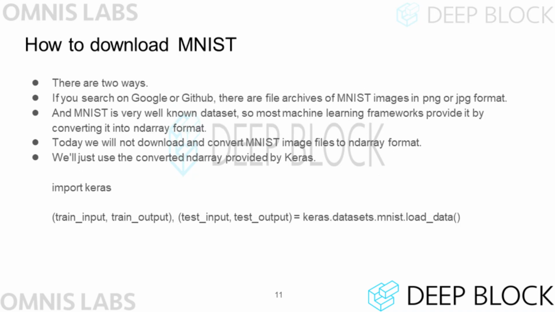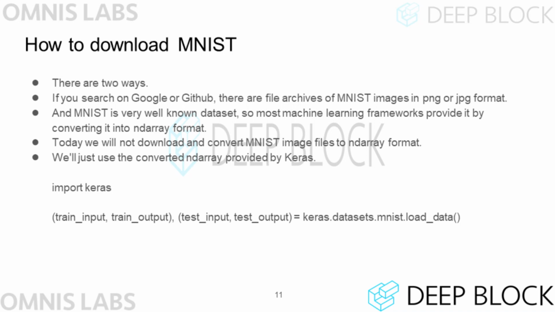There are two ways to download MNIST data. If you search MNIST on Google or GitHub, you will find a file archive of MNIST image files in PNG or JPG format. However, since MNIST is a very well-known database, many machine learning frameworks provide MNIST data in ND-array format.